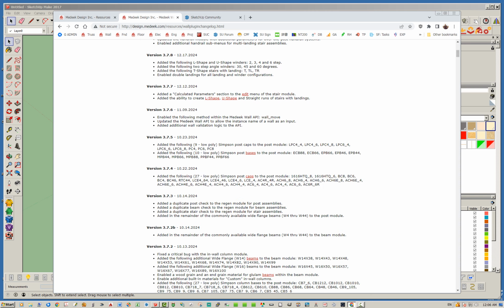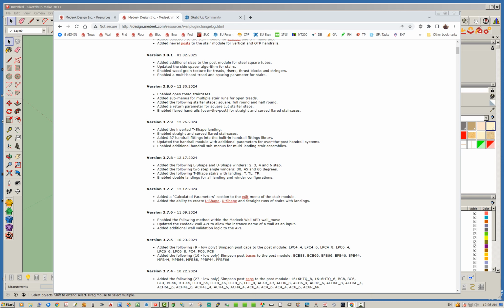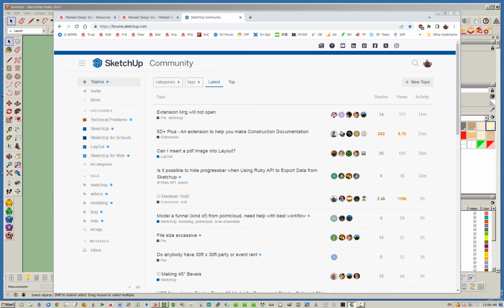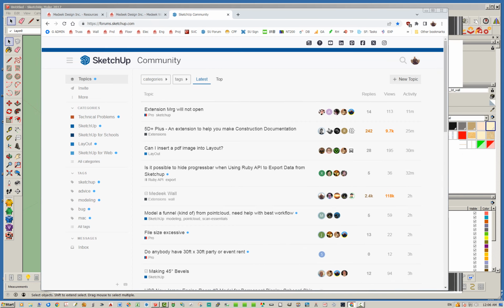know. But anyways, I've been basically working on the stair module for the last 6 weeks, I think from about December 12th, version 3.7.7 to version 3.8.5. And then another good resource I just wanted to point out to you is if you go to the SketchUp